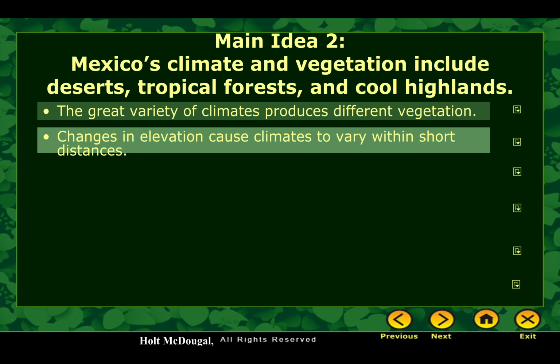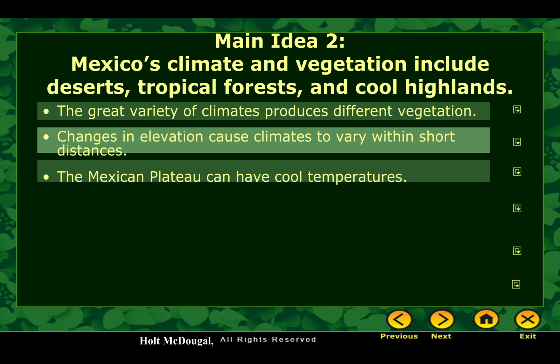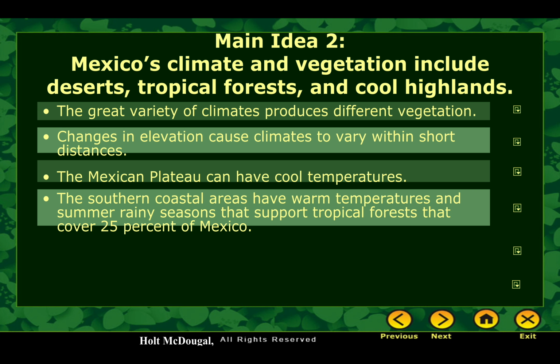The change in elevation can also be really close together. So you can drive only 20 miles and go from an area that is really hot to an area that's much, much cooler, or into a forest. The Mexican Plateau, which is that central area, has very cool temperatures. The southern coastal areas have very warm temperatures and summer rainy seasons that support that tropical forest, and that covers